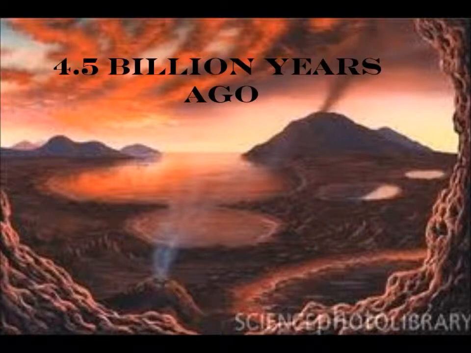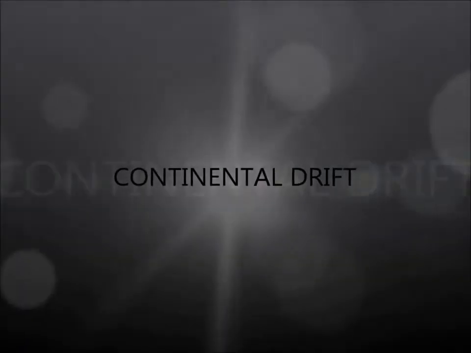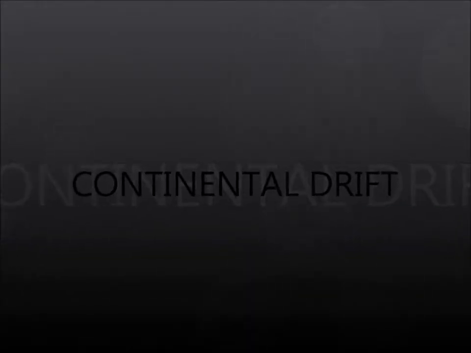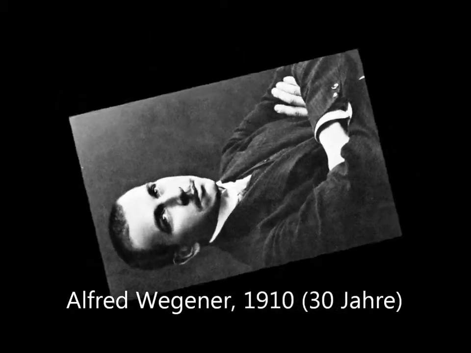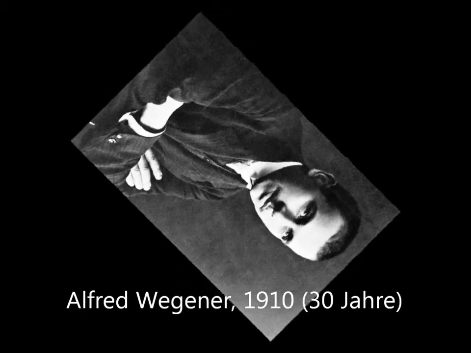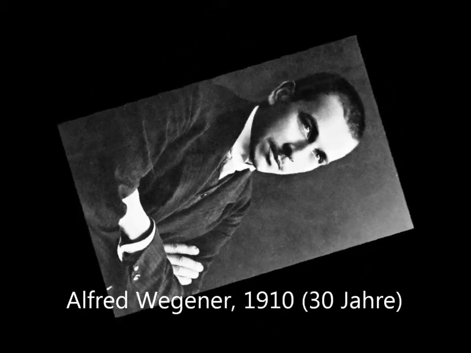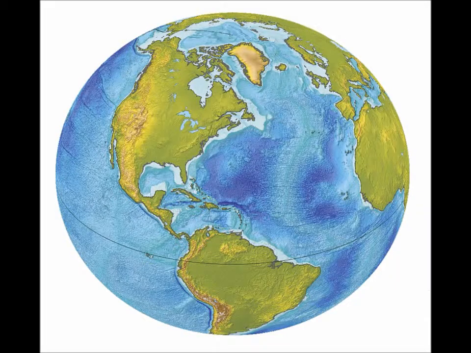We're going to fast forward about 290 million years ago to the Permian period to talk about continental drift. Continental drift is a theory that was brought about by a German meteorologist in 1912 named Alfred Wegener. Clearly, he was not alive during the time of the dinosaurs, but he gathered enough evidence to show that at